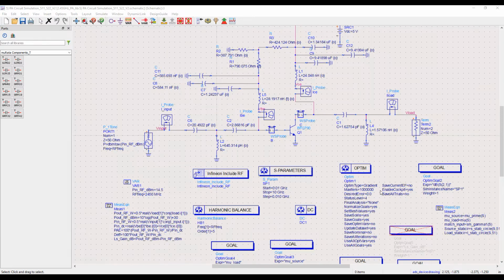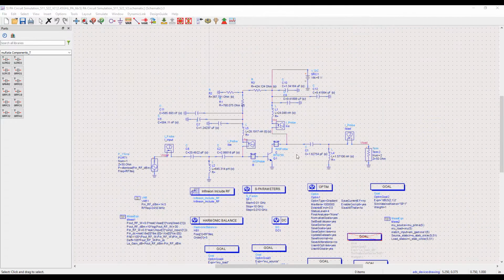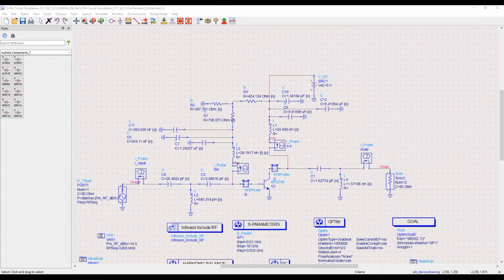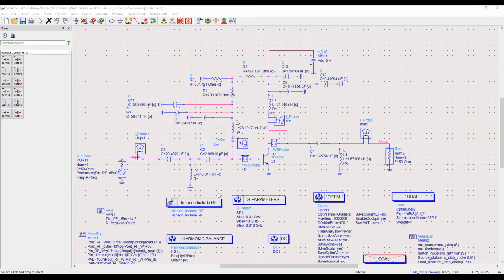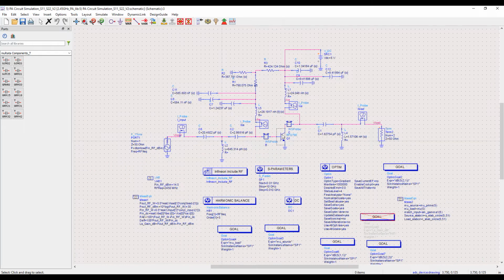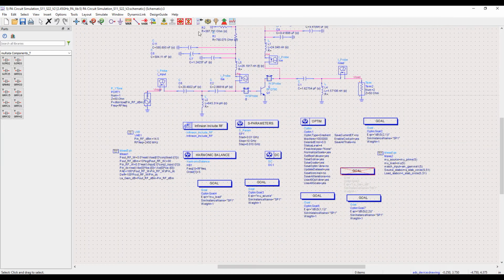This is our PA circuit. It contains biasing circuit and also input and output match. The biasing circuit contains RF choke, decoupling capacitors and a resistive voltage divider. This is the input match and this is the output match. It contains DC blocking capacitor within. This is the PA circuit that has been designed with our selected device BFQ790. The schematic is built from scratch. Let's simulate this and see what we get.